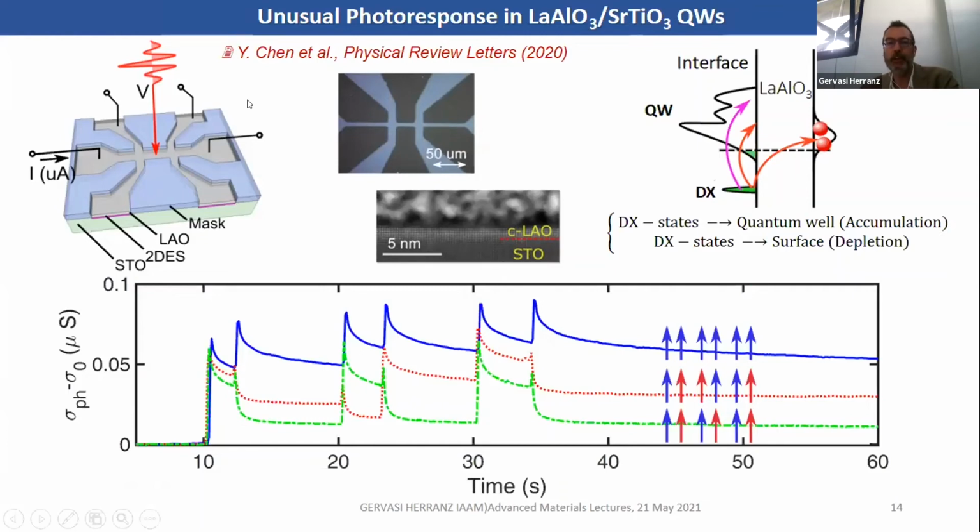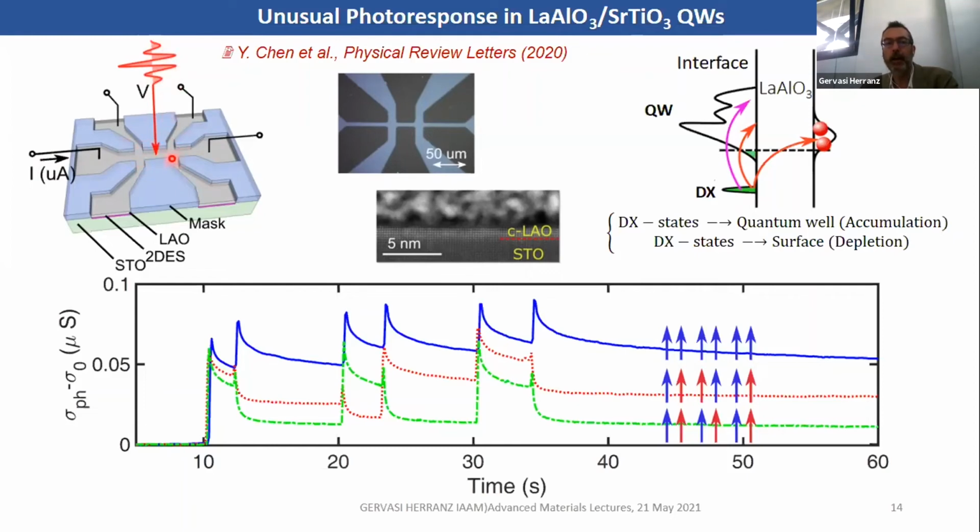Recently, we have observed an interesting photo response. Basically, what we did was to measure the transfer properties. This is a schematic of one of the devices. So we inject current here, we measure voltages, and at the same time, we illuminate locally with a confocal microscope